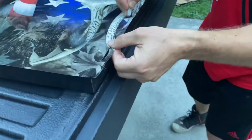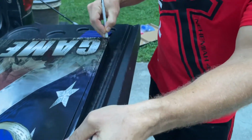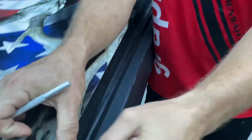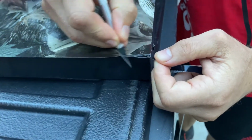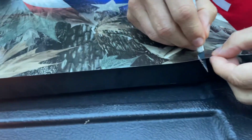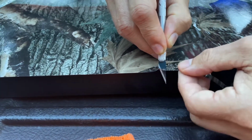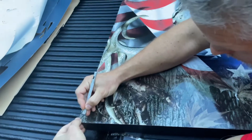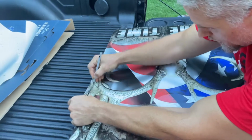You take this. Nice, easy, clean corner. You want a nice, clean corner. Take this, and I would suggest just kind of pulling it just a little tight. If you let it loose, you're going to get a jagged edge. But if you kind of pull it a little tight, little taut, just like that, you get a nice clean edge. See, you don't even see the graphic that was underneath of it. And we